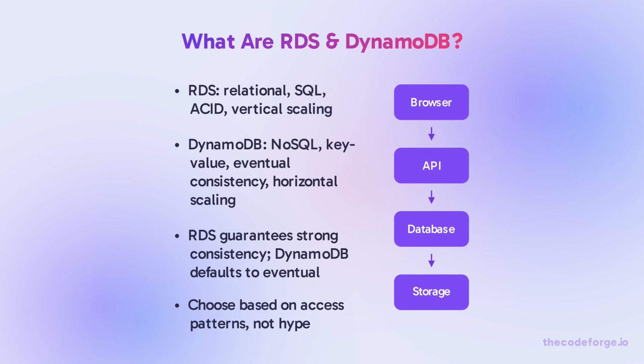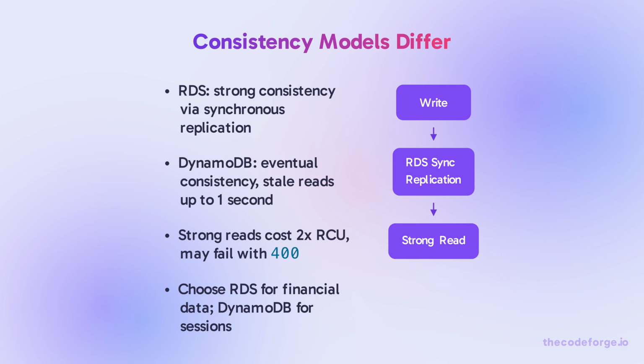The core tension: relational database service guarantees you always see the latest write, but at the cost of horizontal scaling limits. DynamoDB scales horizontally but may return data that's seconds old. Relational database service uses synchronous replication, so a committed write is immediately visible. DynamoDB replicates asynchronously across AZs, so reads may return stale data. If you need the latest data, you must explicitly request strongly consistent reads, which cost double and may fail if